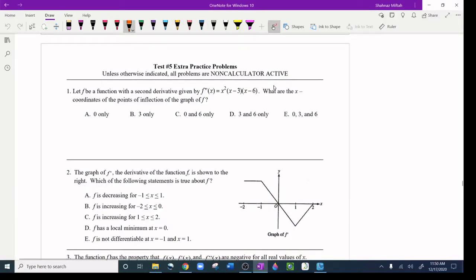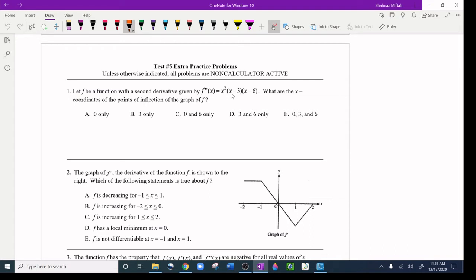Okay, this is test number 5 extra practice problems. So I'm doing all these problems here. Please pay attention. It's non-calculator active, so we are not using any calculator. Question number 1 said, let f be a function with a second derivative given by f double prime equal